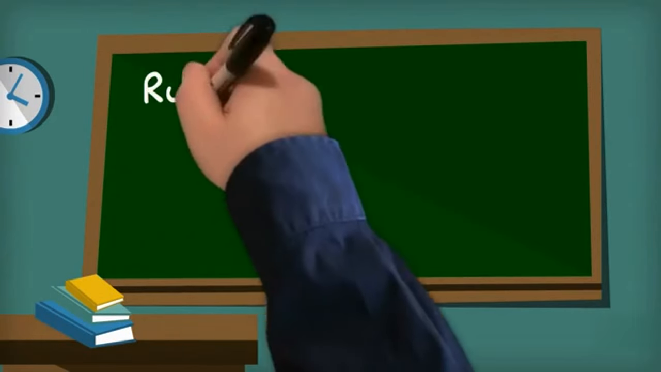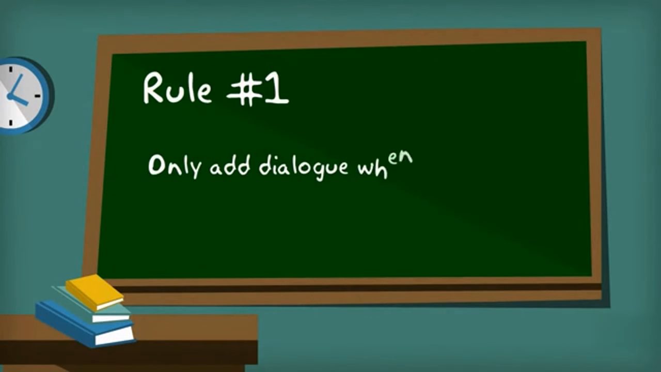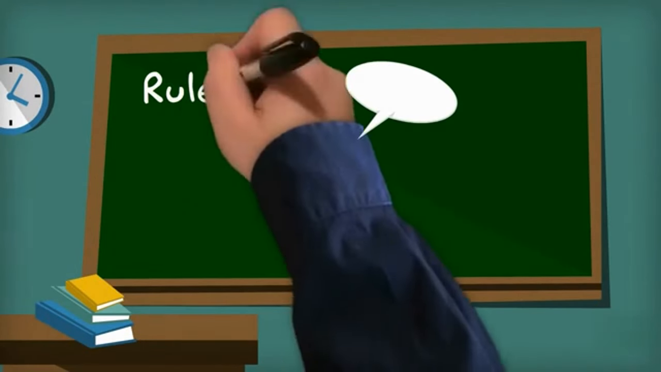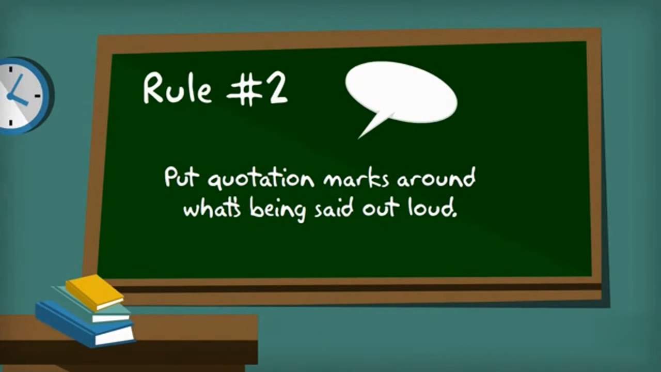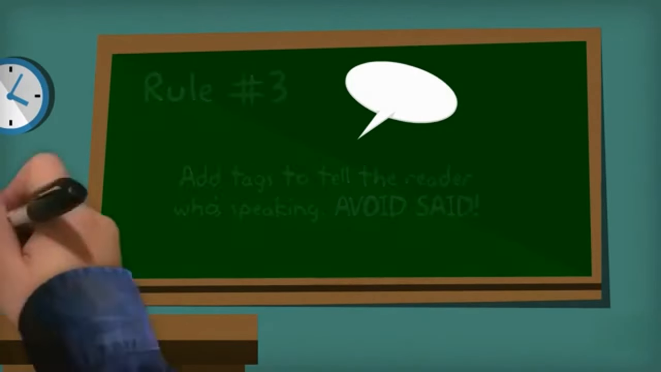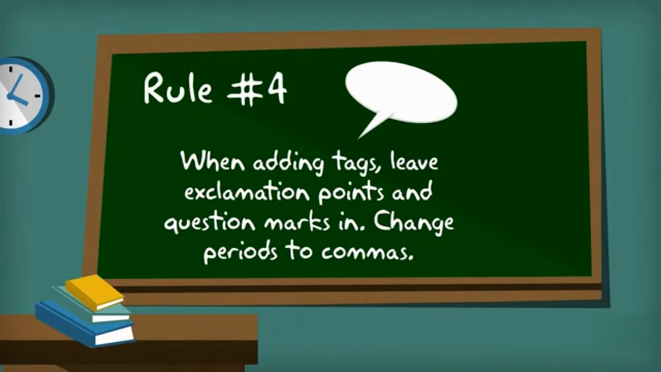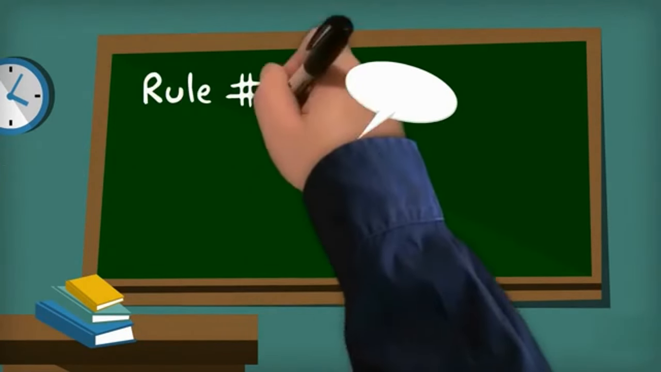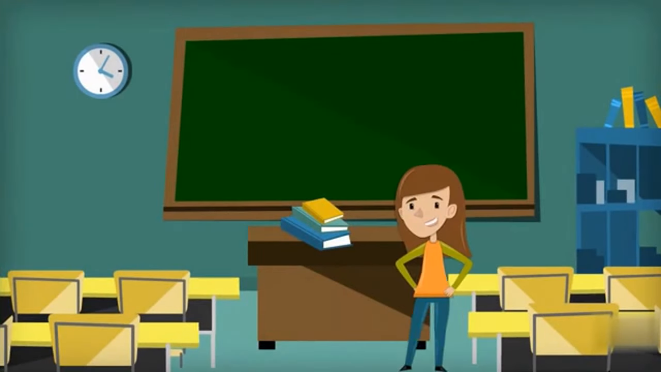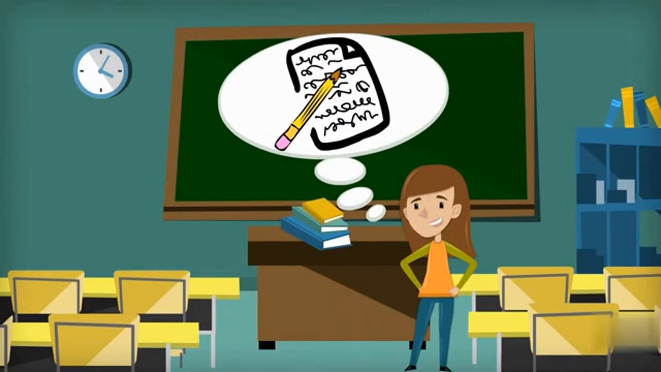Remember, when writing dialogue, rule number 1, only add dialogue where it would be helpful to add something to the story. Rule number 2, surround what's being said out loud with quotes. Rule number 3, add tags to the end of what's being said to make it clear who is speaking. Try something different than just "I said." Rule number 4, when using tags, leave question marks and exclamation points in, but change periods to commas. And rule number 5, start a new line whenever a new person speaks. If you use all of these techniques, you're going to be one step closer